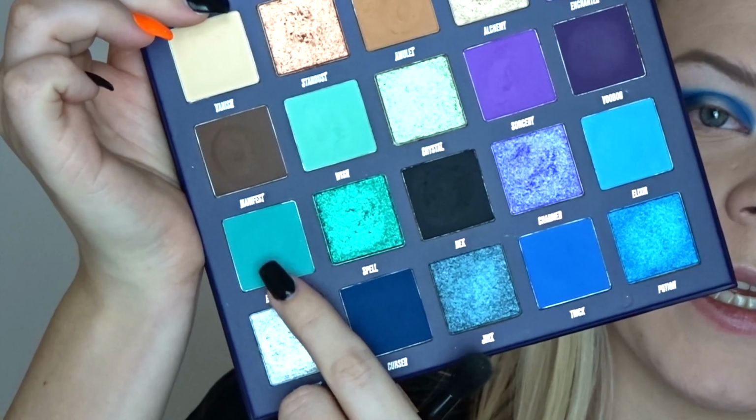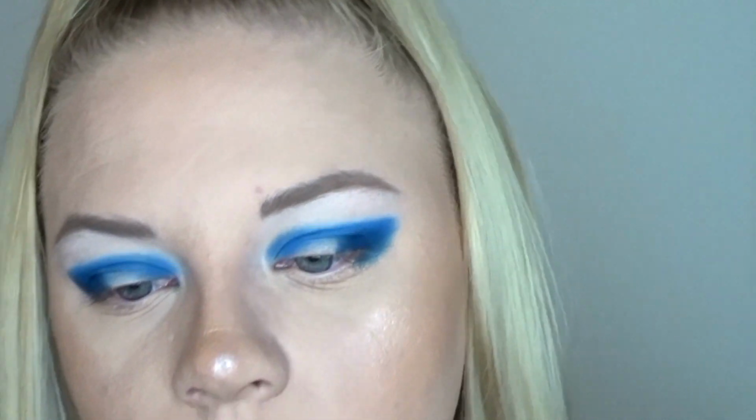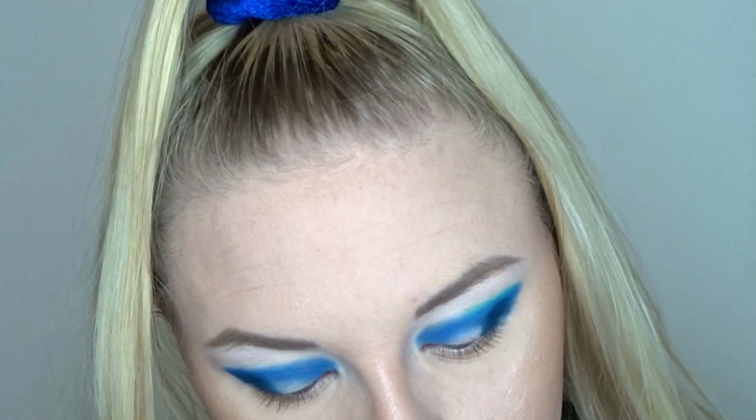And then just above the blue, I'm going to take this beautiful shade here, which is called Bewitched. And I'm just gonna start stamping that. Oh my god, that is a beautiful colour. Oh my god, I'm actually obsessed with that. Just gonna start stamping that above where the blue is, because we'll use another shade